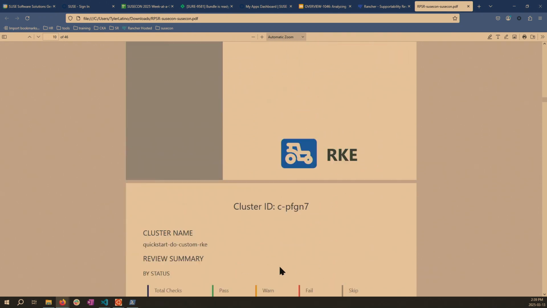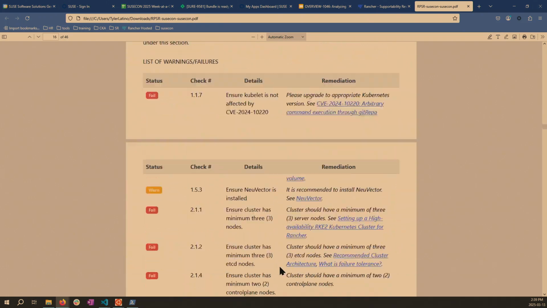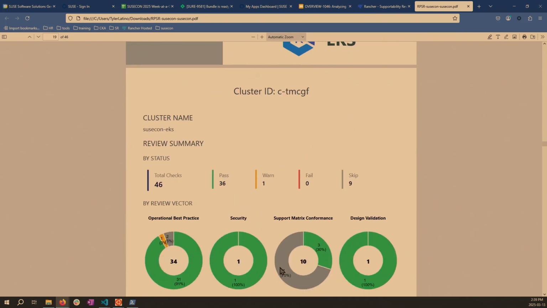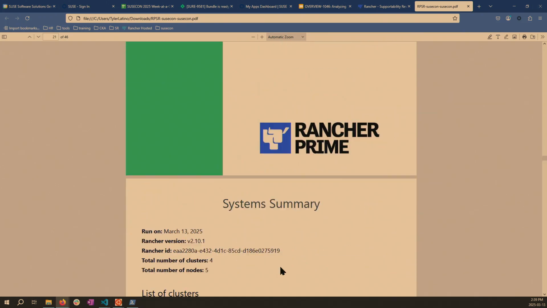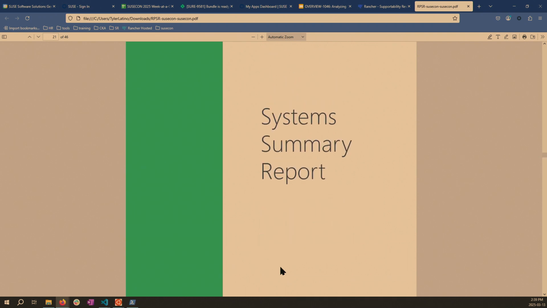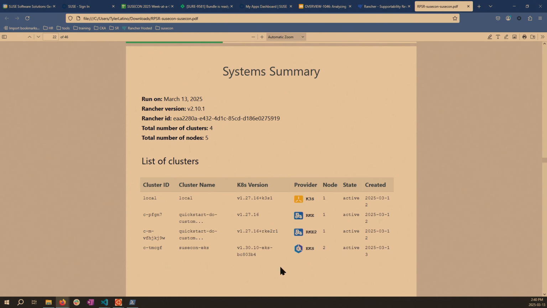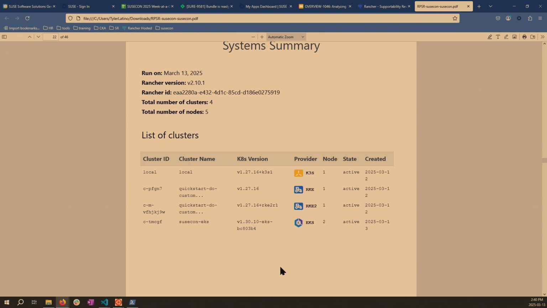So skipping a bit down here, just to the sections after going through all these clusters. We do have an actual system summary report in here. If this report is presented to maybe a higher up in the company, a manager, someone that isn't deep in the weeds, they might not need to see each individual check for each individual cluster. But they might find it useful to have an overview of all the clusters, what versions they're running,